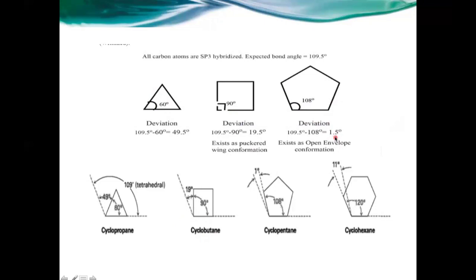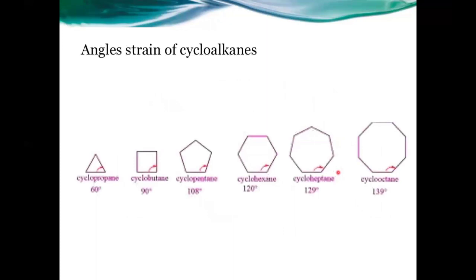That means it is very, very less, which causes its stability. So cyclopropane must be a stable one. Similarly for cyclohexane, it is near about 11 degrees. That means cyclopropane is highly stable among all the cyclic compounds, the cycloalkanes. Although in a later part cyclohexane is found to be the most stable, that is for some other reasons.